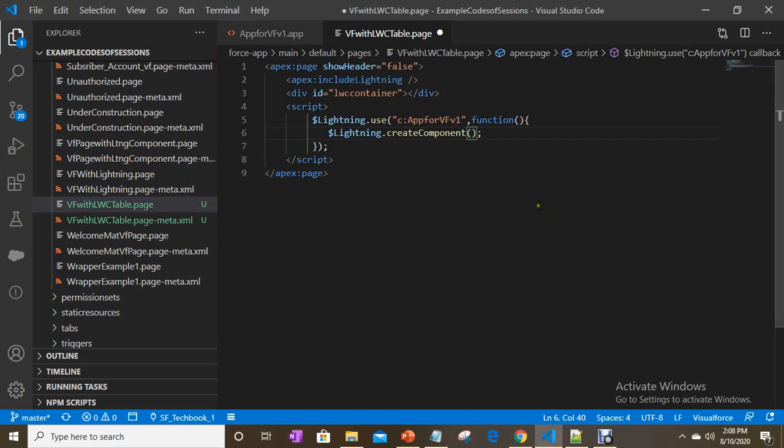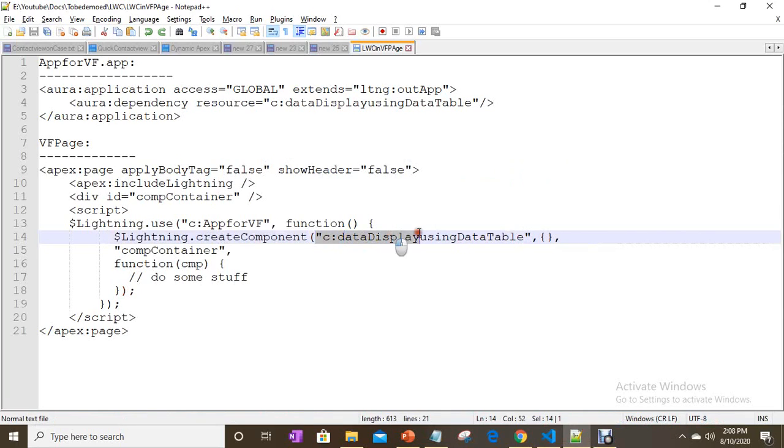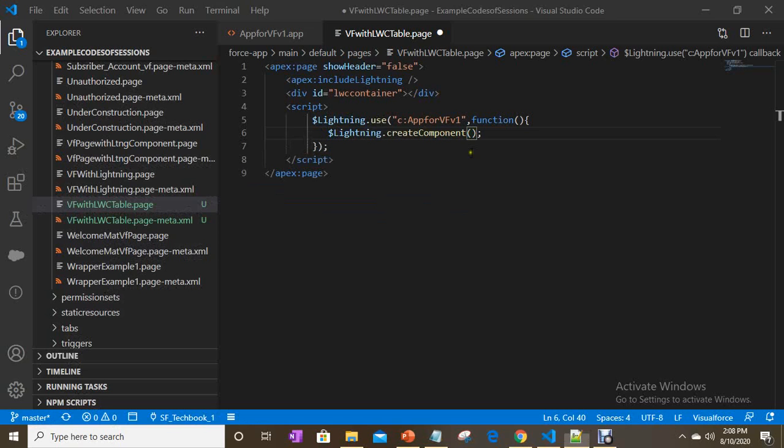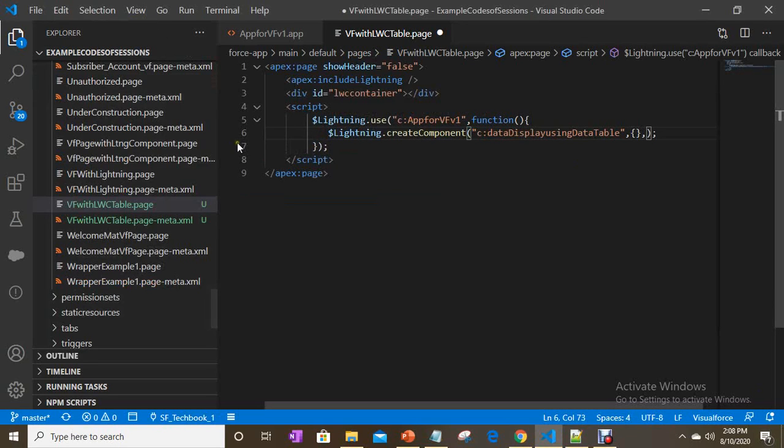First thing is your Lightning Web Component name. Okay, and if you have parameters you can pass the parameters, otherwise it is just an empty object, because your Lightning Web Component doesn't have any parameters.